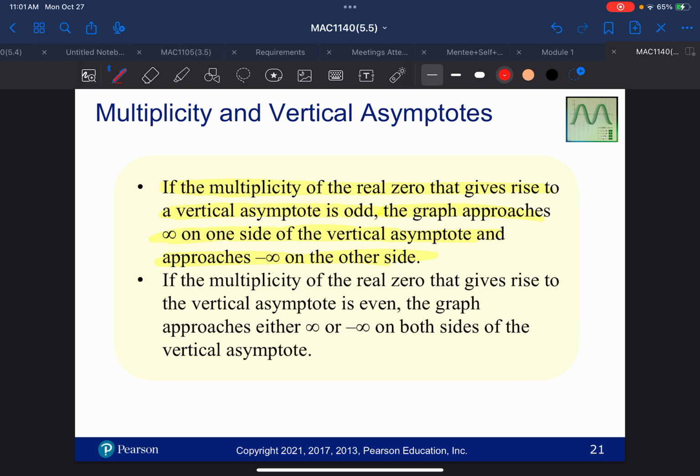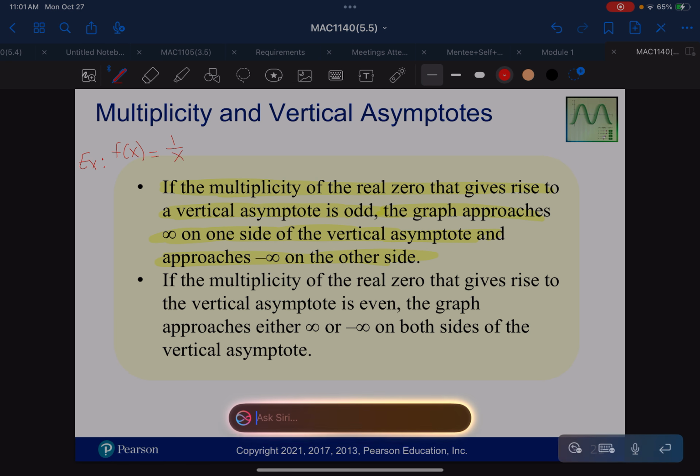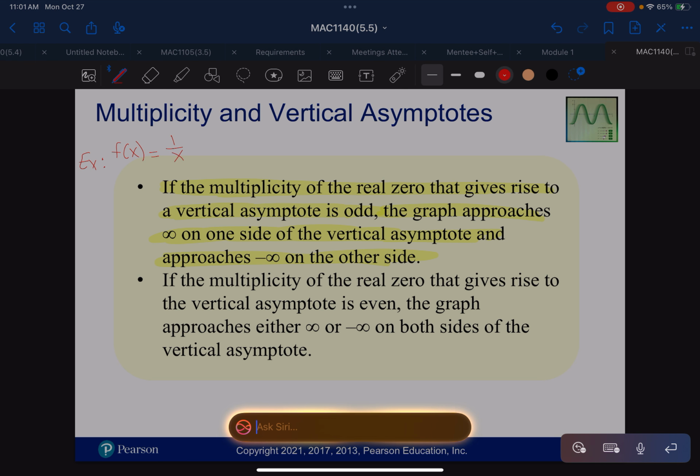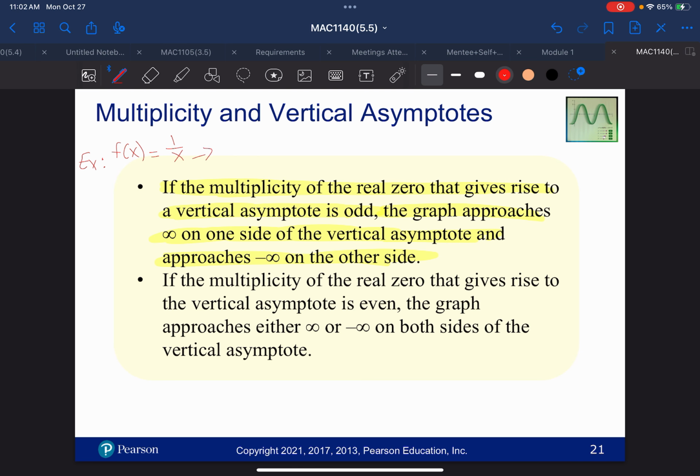For example, if I had the function 1 over x, x cannot equal 0 here. So that will cause a vertical asymptote at x equals 0, and the exponent on x is 1, so it's odd. Therefore, our graph